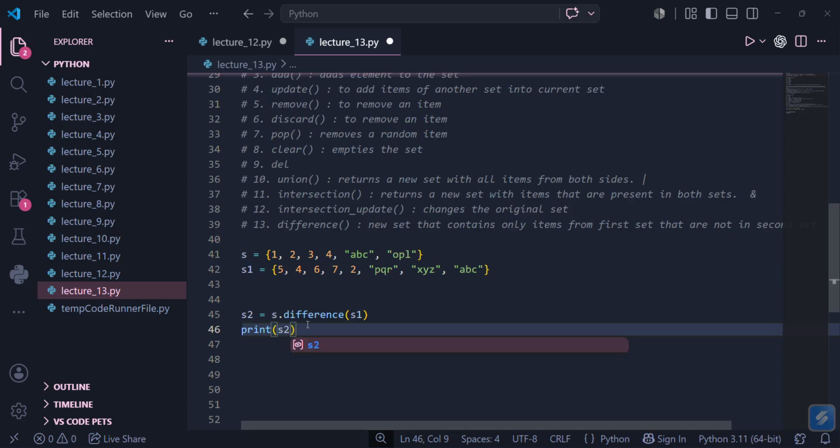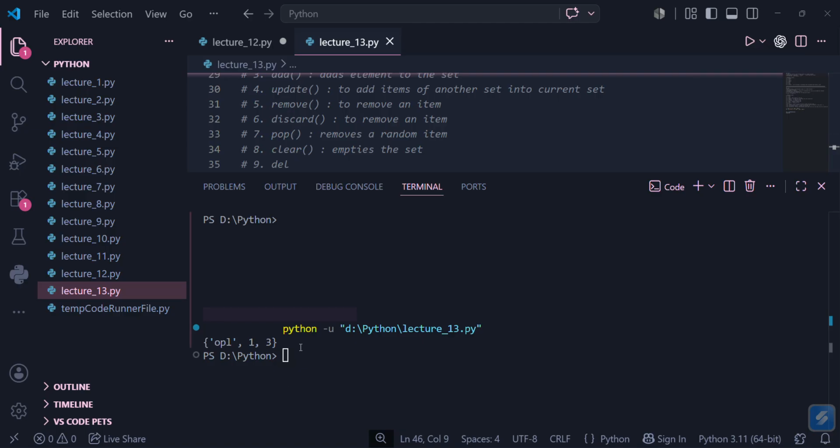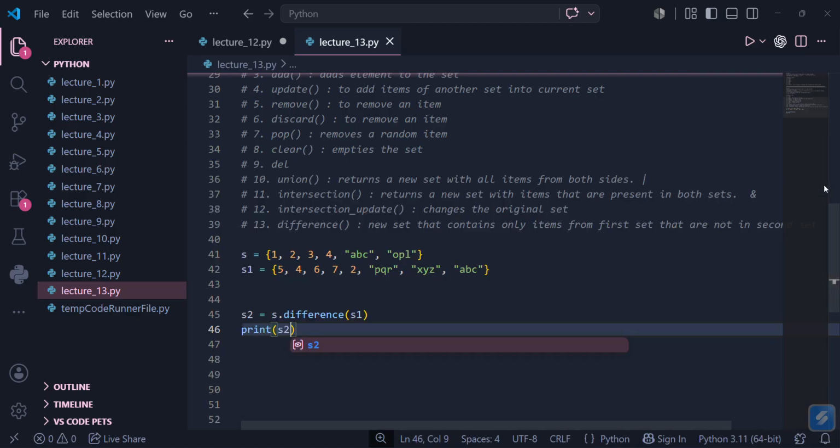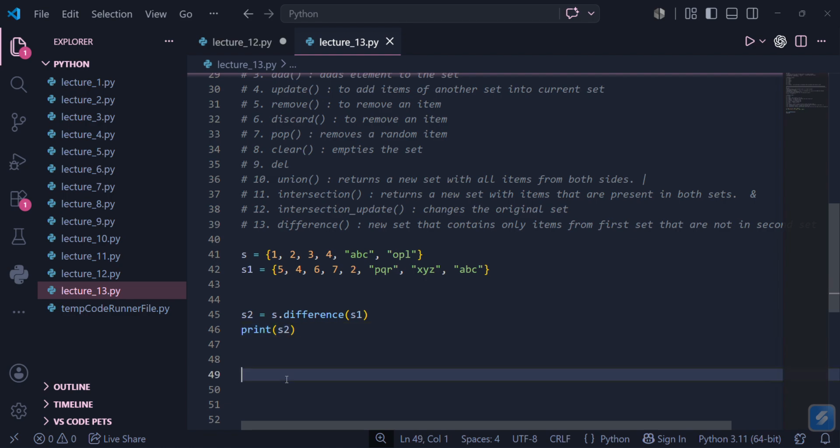Sorry, we have to print our set two. OPL 1 3. Okay,